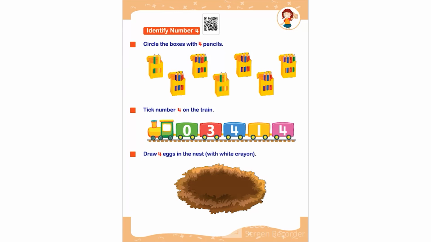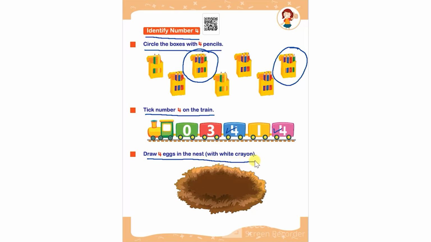Hello everyone. In this worksheet, the topic is identify number 4. Over here, circle the boxes with 4 pencils. So the child has to circle the boxes with 4 pencils like this and this. After that, tick number 4 on the train. So these are the 2 numbers 4 on the train. Draw 4 eggs in the nest with white crayon. So using white crayon, the child has to draw 4 eggs like this